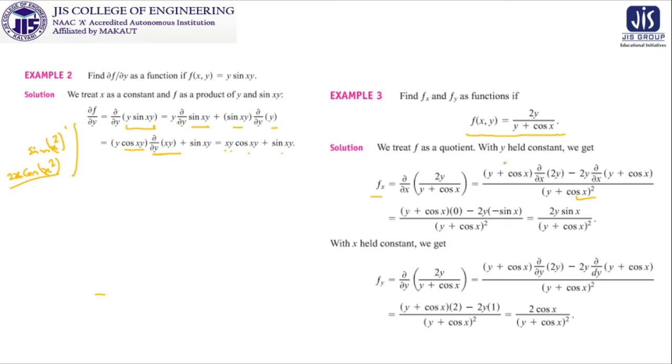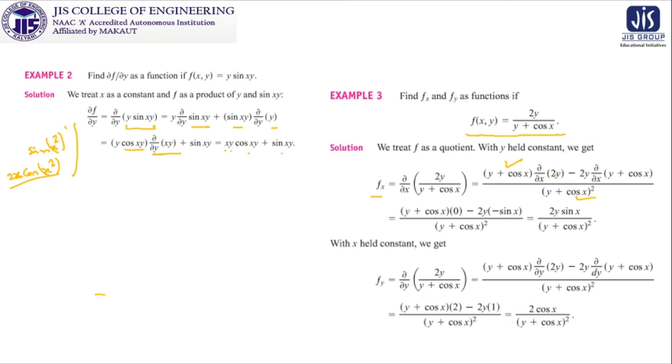Then the lower part is kept as it was, and the upper part, that means the numerator, is going to be differentiated partially with respect to x, so del x of 2y is written. Then the numerator is kept as it was, then del x of the denominator will be done. Now the beauty is that without multiplying this, we get del x of 2y, because y will be treated as a constant if you are doing partial differentiation with respect to x.